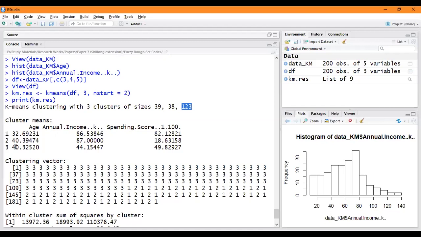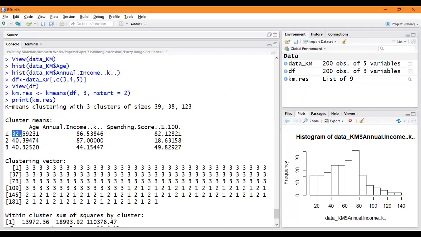We could have considered other attributes of a card, like its color, its sign, etc. In that case it would have been three attributes: its color, its number and its sign as well. When we take three attributes, we also have to take three means. Here we had considered three attributes: age, annual income and spending score. Obviously the mean will be of three means. The cluster centroid will be comprised of the three means.